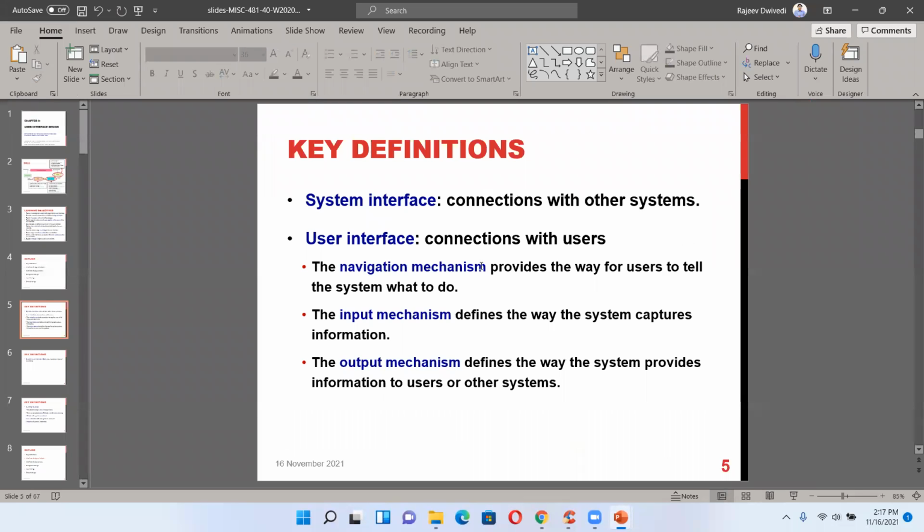So navigation mechanism provides the way for all users to tell the system what to do. Input mechanism, basically nowadays all the inputs are mouse based or click based, or based on the way the system captures information, output mechanism.